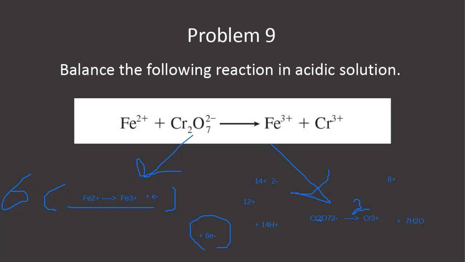Gotcha. Yeah, be careful with the charges. There's a lot going on with the chromium one. So I would add them up individually first. Okay, so once we multiply this, and we don't have to multiply the right side, thankfully, that would take a while. We can just add up